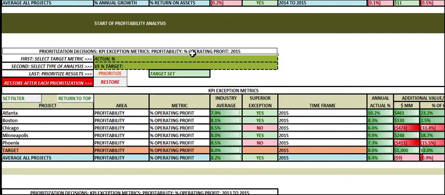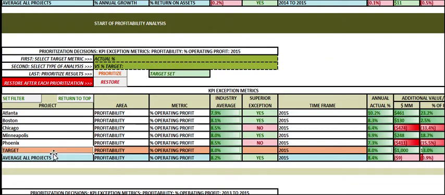The details of all of the columns in this optimization table will be discussed in the video on automated optimization in the section dedicated to competitive advantages of the KPI Exception Report Decision Support module. The table is initially sorted, as we can see here, in alphabetic order with the target and the average rows at the bottom. The structure of each optimization is defined by the choices you make with these two green pull-down